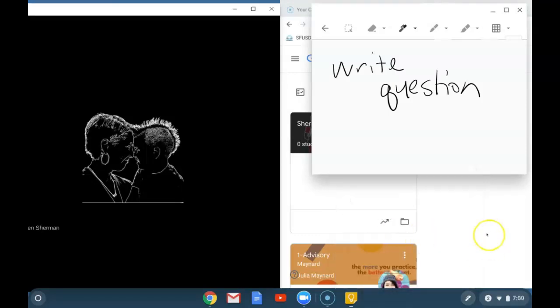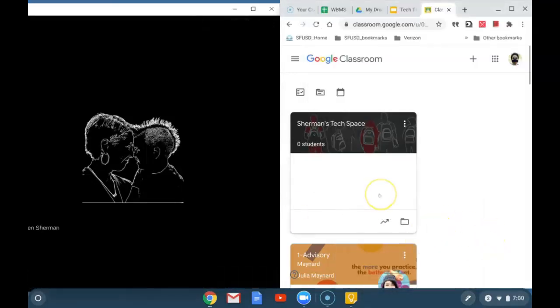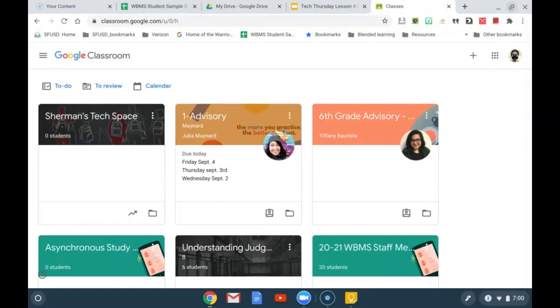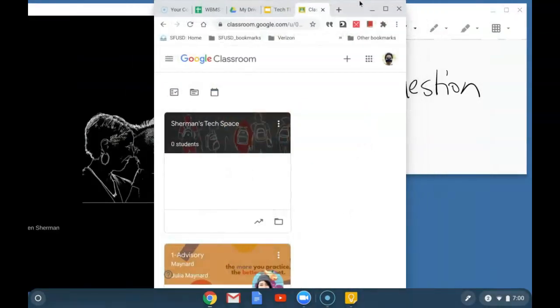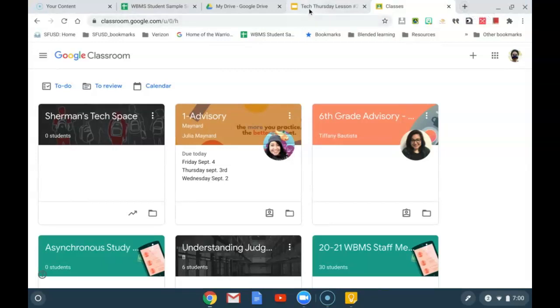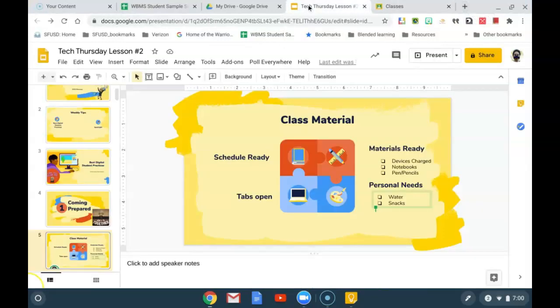Or maybe your instructor likes you to go to your classroom and look at some links. Now you can do that. So we're going to click this back. Again, to split it, we're going to hold it until those arrows come up, and then we're going to move it over here. All right, now that we know how to split our screen, we're going to go back